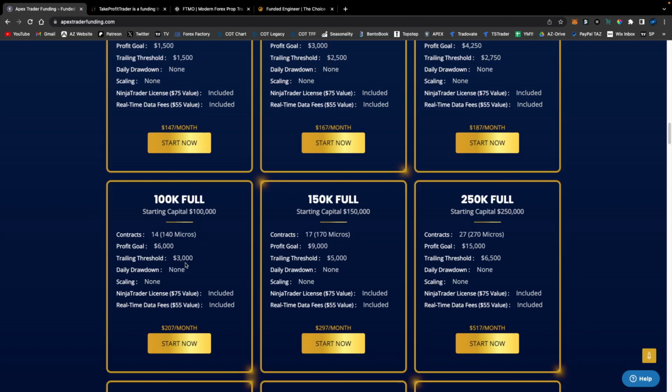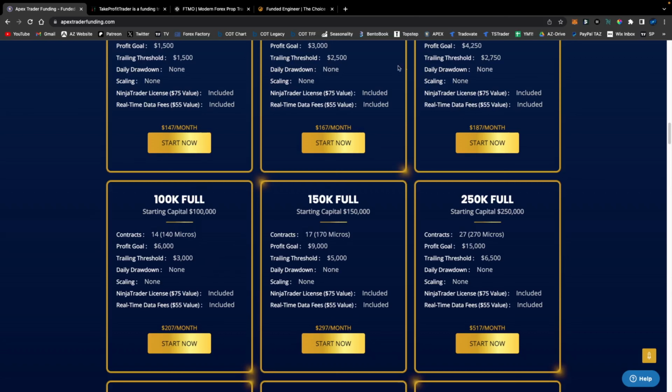And the issue here is that the 3% overall loss is moving up with you. So let's say you're at 103k and you're halfway there to your profit goal, and you happen to lose these $3,000, your account is gone, because your trailing threshold of 3k is moving up with your account balance. Once you're funded and you have that 100k funded account and you have made $103,000, your trailing threshold actually locks in. So everything above $103,000, your trailing threshold stops moving up with you. But easier said than done, you first have to get to this stage.